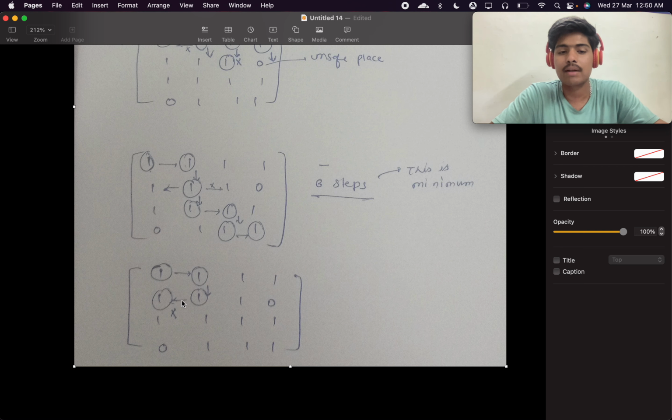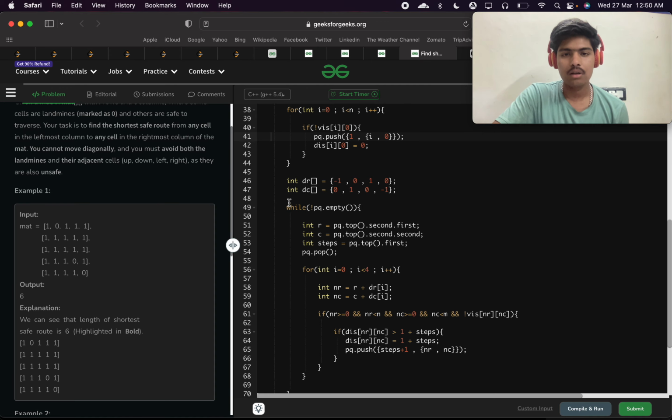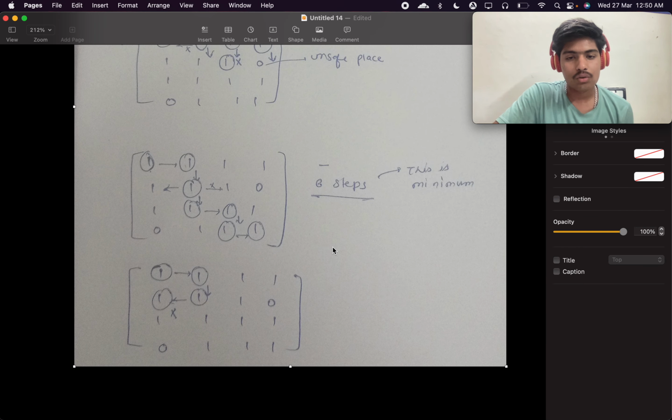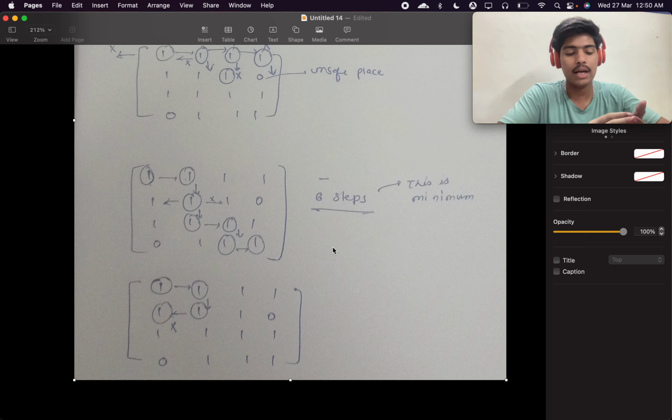Okay. If we go left, then I can go here. Now I have to go down because that is the only way. But if we go down, then there is a danger region because here is a landmine. So I can't go here. So 6 will be our final answer. So let's tackle the problem. For this, what I will do is create a priority queue that will show us, like, the first